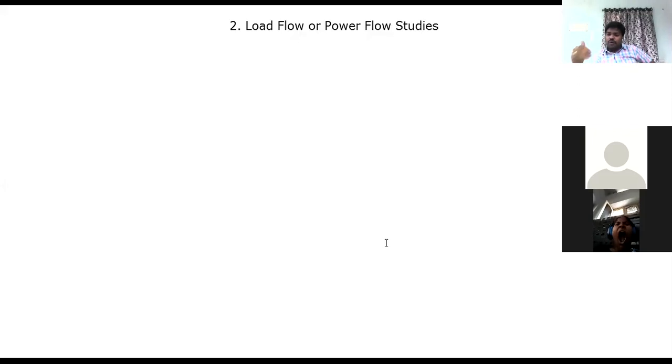That means we are going to estimate the load which is going to be added in future. Suppose if you are considering this situation, if I am considering 10 kilowatts load has been connected to my house, let us assume, this is just an example, if 10 kilowatts load is there, now in future I need to construct one more floor, and for that particular floor I am going to have 2 kilowatts additional load that has been additionally taken from the grid itself. That means in future there may be a chance of having improvement in the load. So day by day the demand is going to be raised or increased.